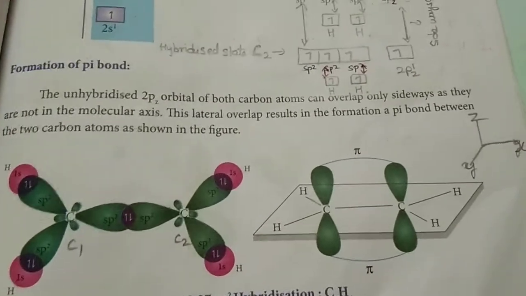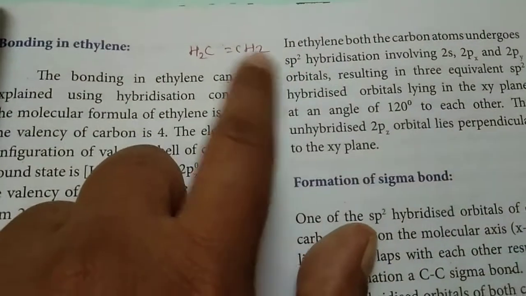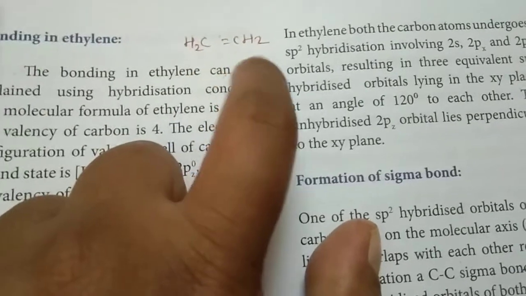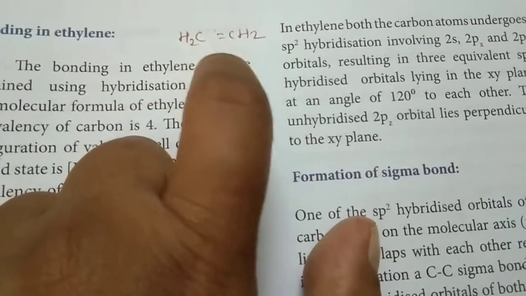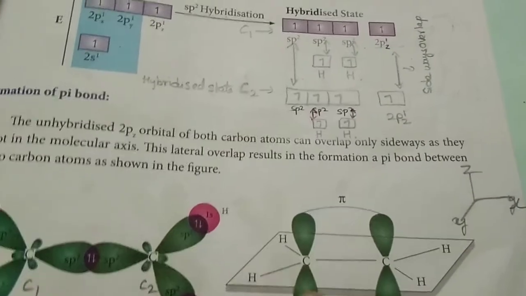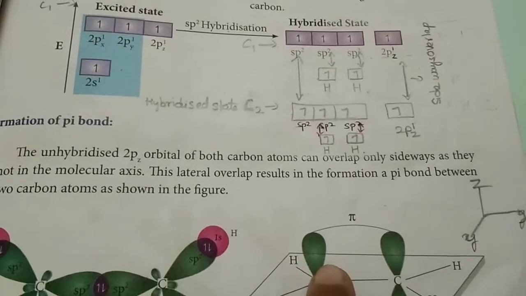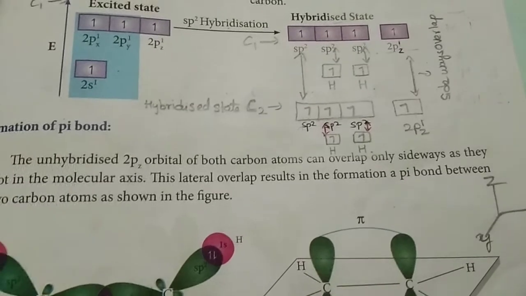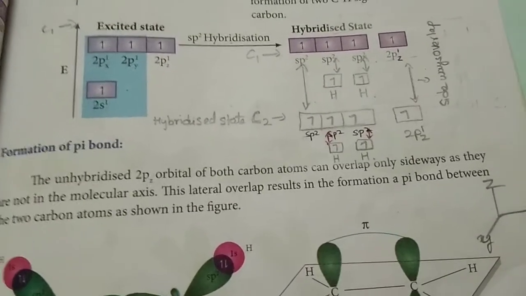So what is the structure of CH2=CH2? One is the carbon-carbon sigma bond, and another is the sideways overlapping of the carbon-carbon unhybridized orbitals forming a pi bond. So this is the sigma bond. This overlap makes one bond here, and that is the pi bond. Do you understand that? Okay. Next example.